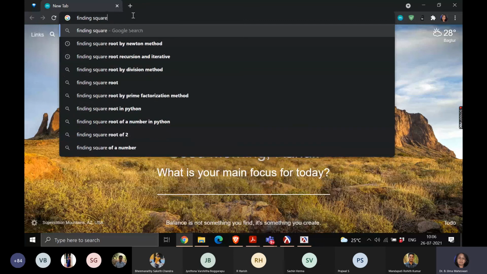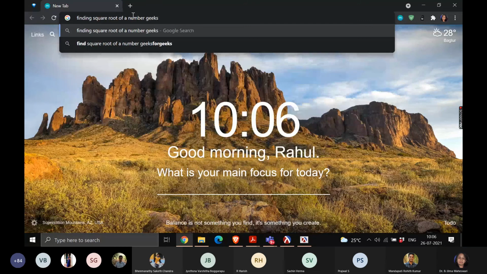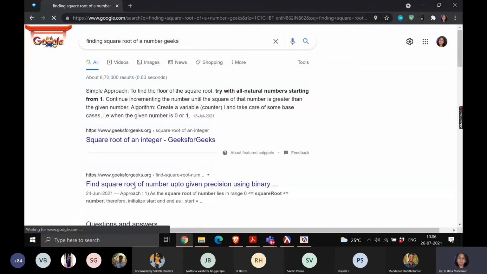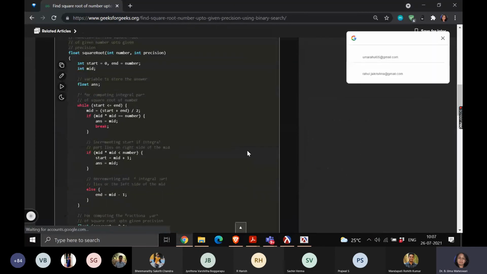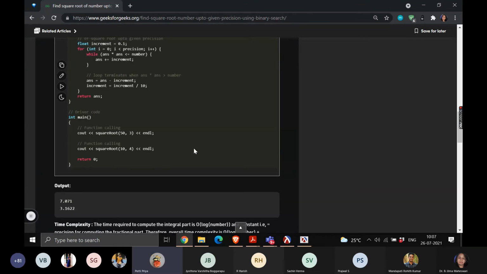Finding square root of a number. So you can see a program. Can you see the Geeks for Geeks on your screen? Yes. Yeah, so if you look at it,